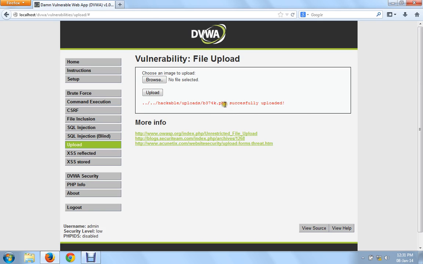See, the PHP file was successfully uploaded and it is showing me some path over here. This dot directory is nothing but going back to this directory. So I'll put the exact path of this in the URL.